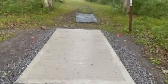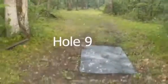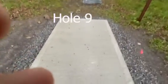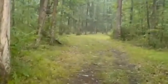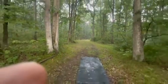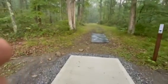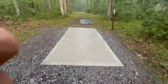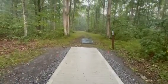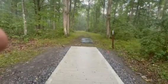So number 9 tee box has also been replaced. Nothing has changed with this hole except we added a concrete tee box. This one is a little bit of a larger one. So this is the exact same hole. The red tees are clearly marked up and to the left. It just kind of takes that elbow out of the way, or that bend out of the way. Which now takes us to the additional holes that we are still working on, or that we were working on,